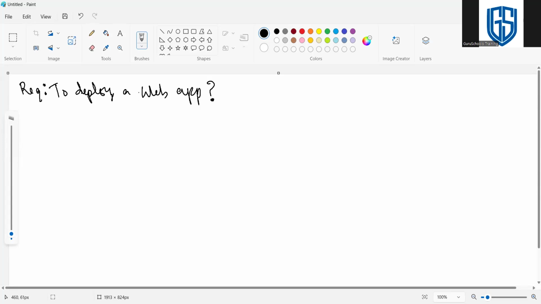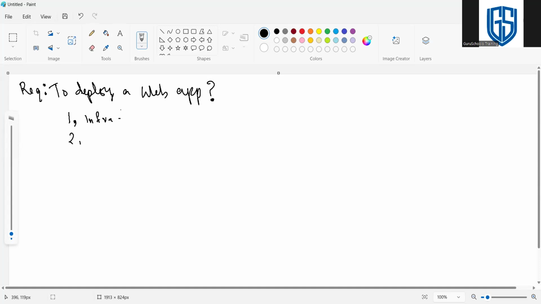I mean, in this scenario, anyone can say. For example, to fulfill this deployment, there are some steps. First, we need infrastructure.